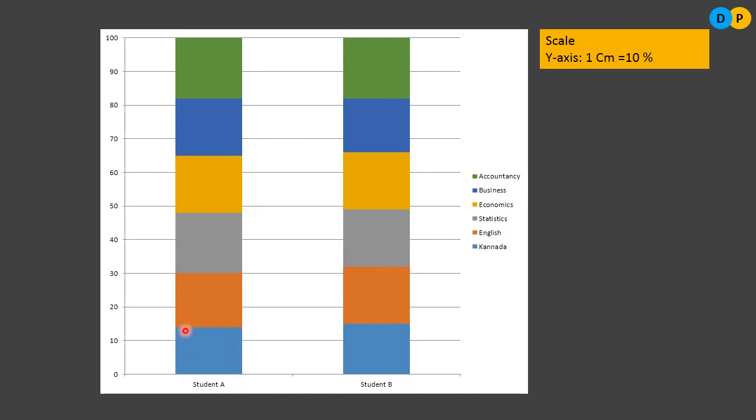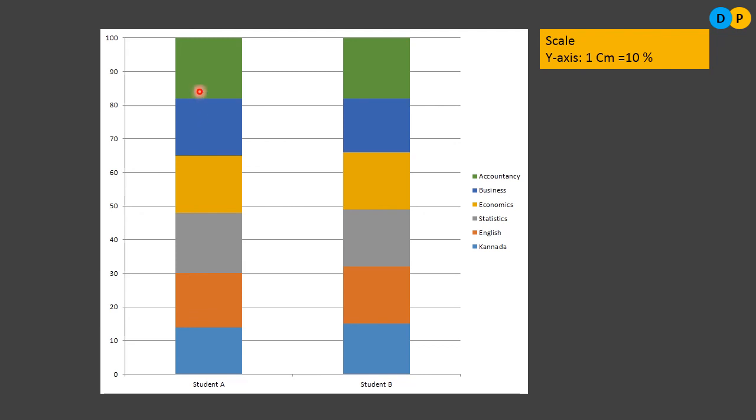Next, English, he has scored 85 marks. When converted to percentage, it will be 16%. It will be difficult for us to find where the 16% will be, so better use the cumulative percentage. First we have divided the rectangular bar at 14%. Next, we divide it at 30%. Next, 48%. Next, 65%. So it will be easy.